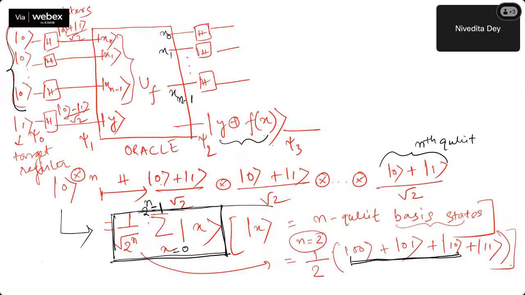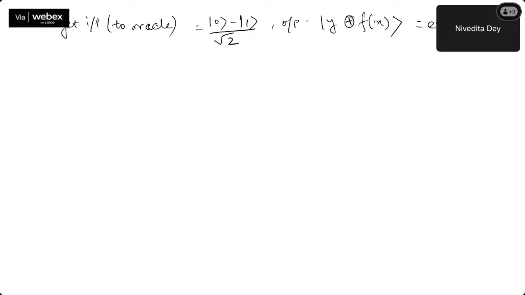Okay. Now, from this point, let us compute this thing, y XOR f of x. So can I just write it down in this way, 1 by 2 to the power,